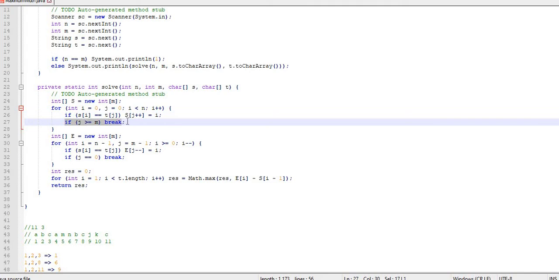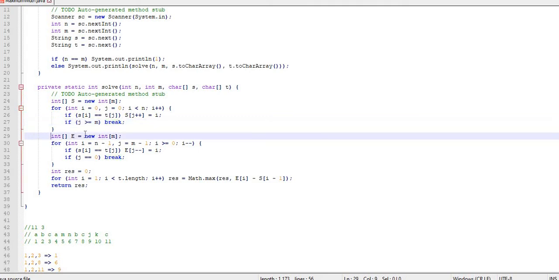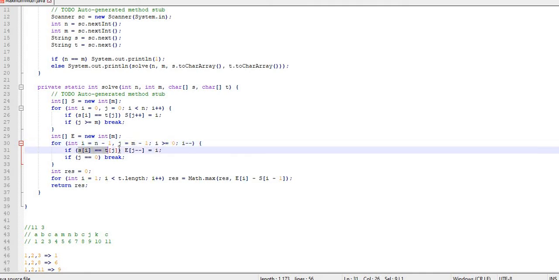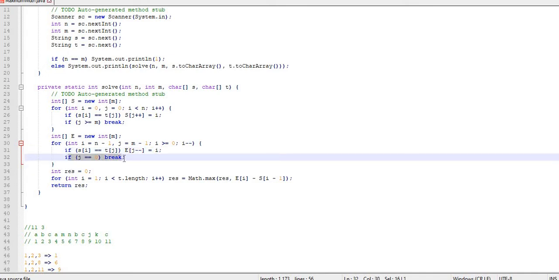Once j is greater than or equal to m, it means t is already formed, so I break the loop. Similarly, to traverse in the reverse direction, I have e over here, starting with i and j set to n minus 1 and m minus 1, till 0. If a match is found, I set the index value of i and decrement j. When j reaches 0, t is formed and I can break the loop.